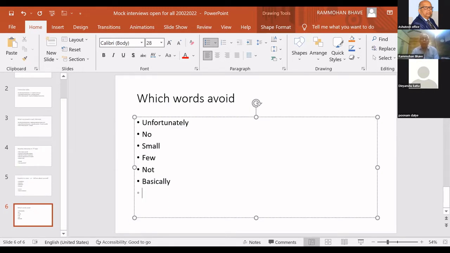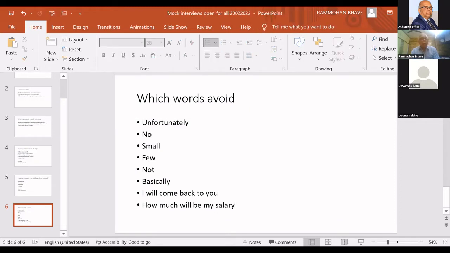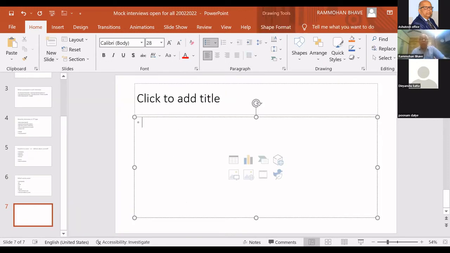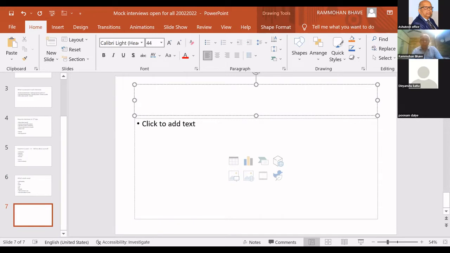Then don't use words like "I will come back to you," or "how much will be my salary." Never talk about those things. They are to be talked about only when you are given the signals, or you are specifically asked, or you have an HR discussion. Then there are many things which can make your interview better. So one of the tips